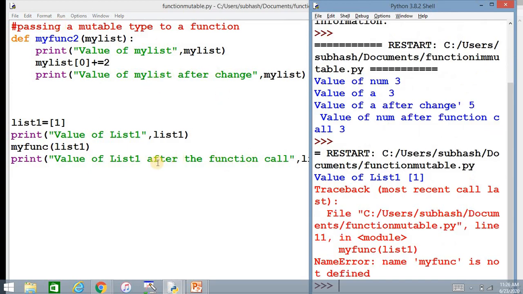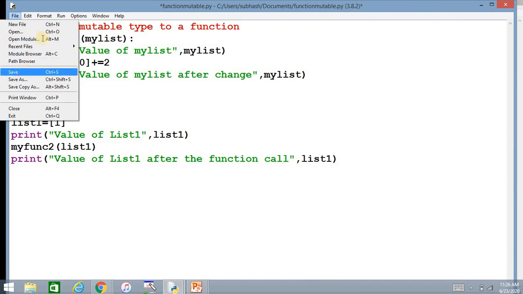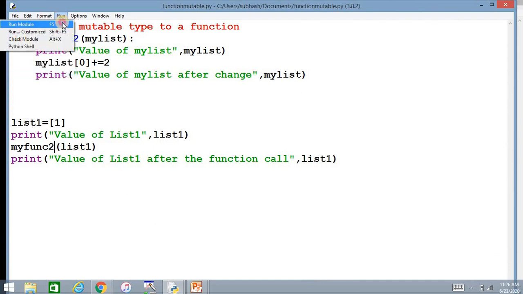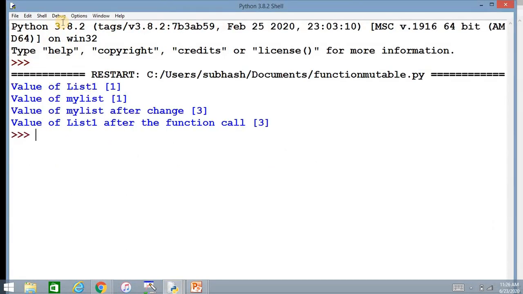It's showing some error. Here I have to call function 2, no, here it's function 2. Okay, file, save it and then run. See children, now the value is being changed.